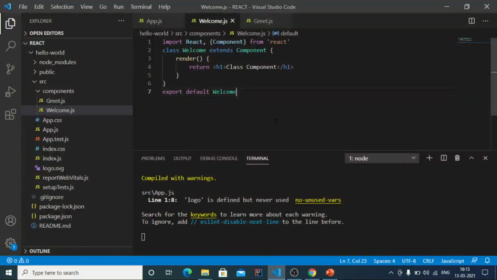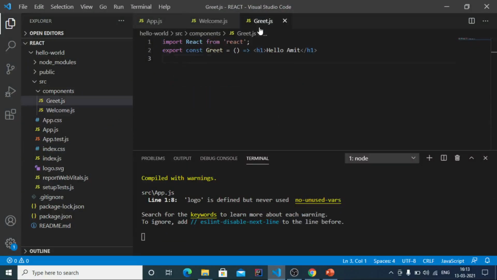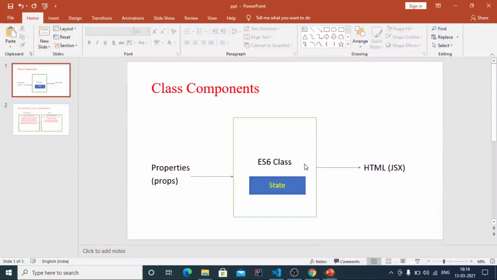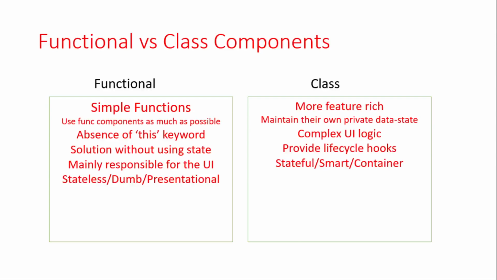So you might be wondering what is the difference between a functional component and a class component, when to use one over the other, what are the advantages of one over the other, and when exactly you have to use a particular component type. So let us compare functional components with class components.